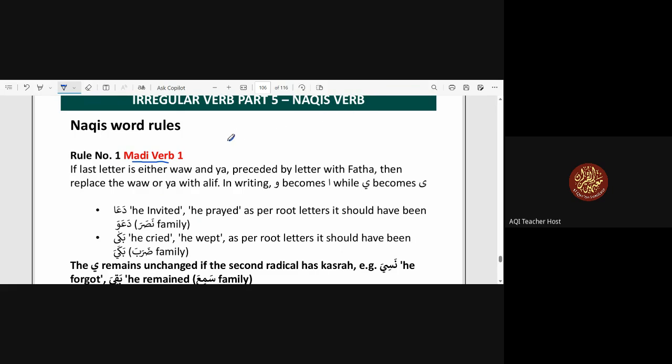So if waw or ya is preceded by fatha, then this waw becomes alif and this ya becomes alif maksura, without dots. So this is the rule. Now